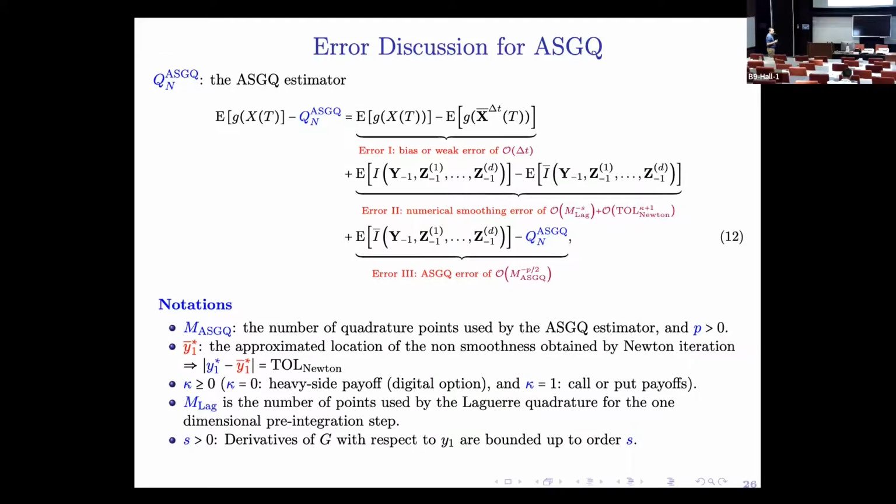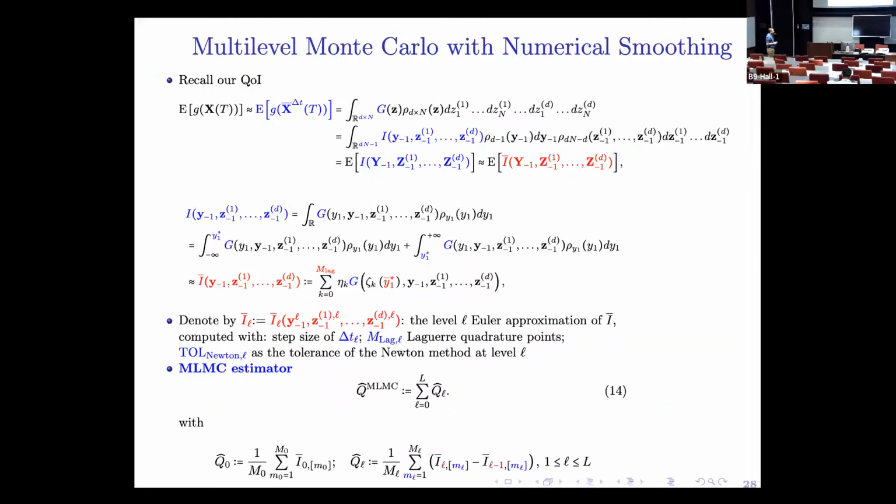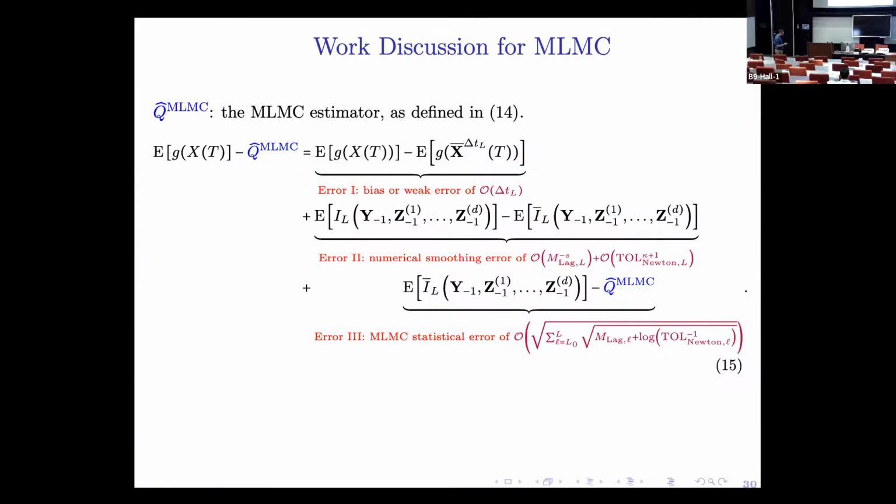If you look at the numerical smoothing procedure, you can see that it involves two kinds of errors: the root finding error and also the numerical pre-integration, the quadrature error. And that's why you see,